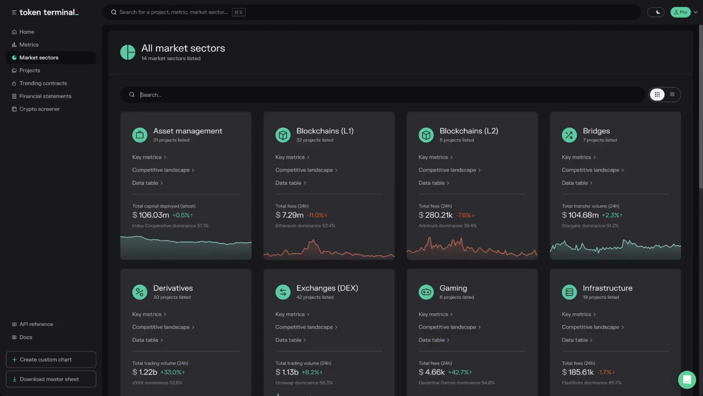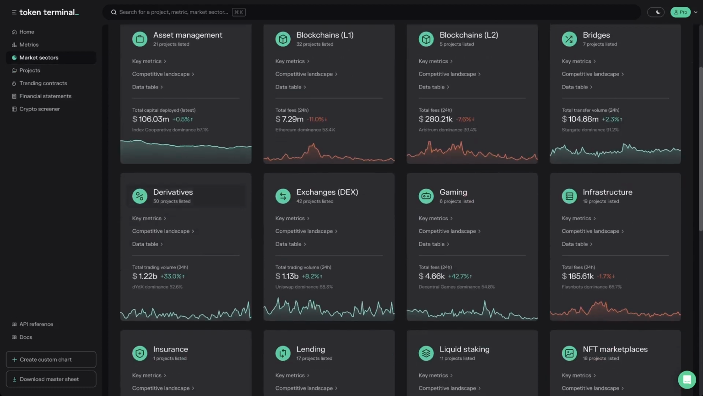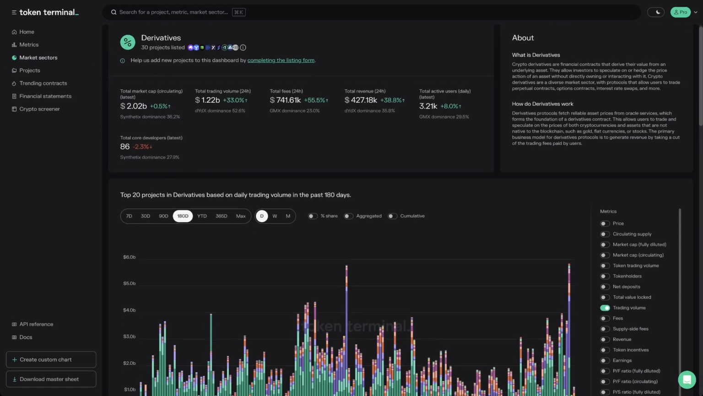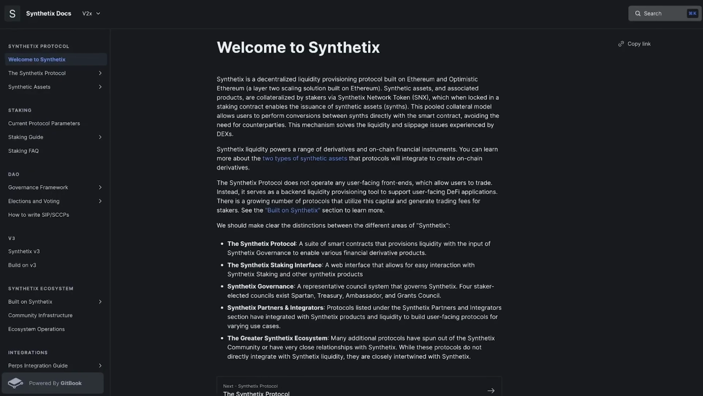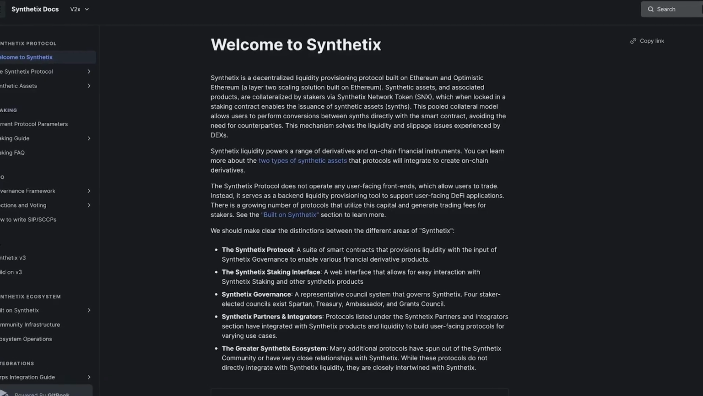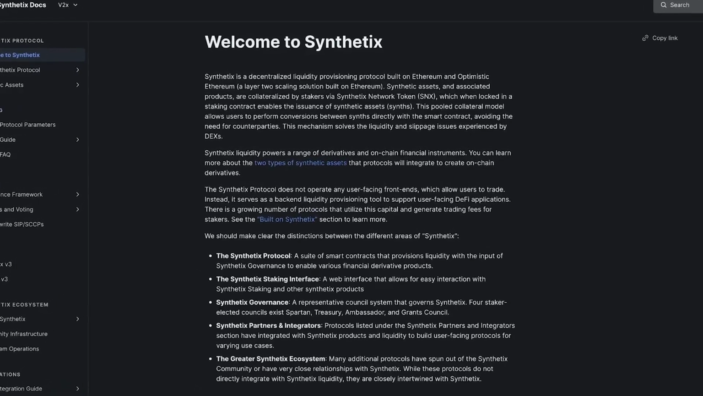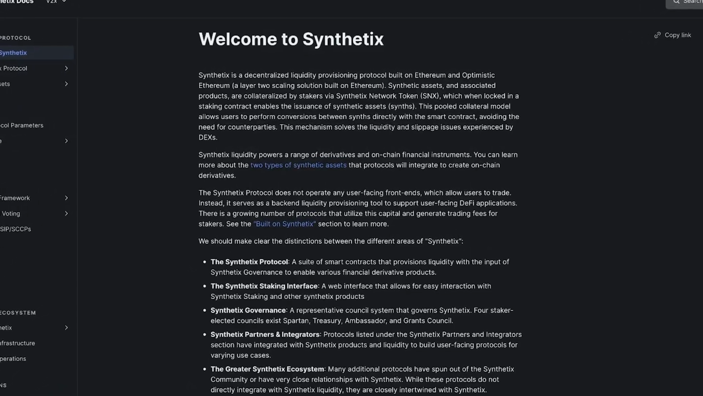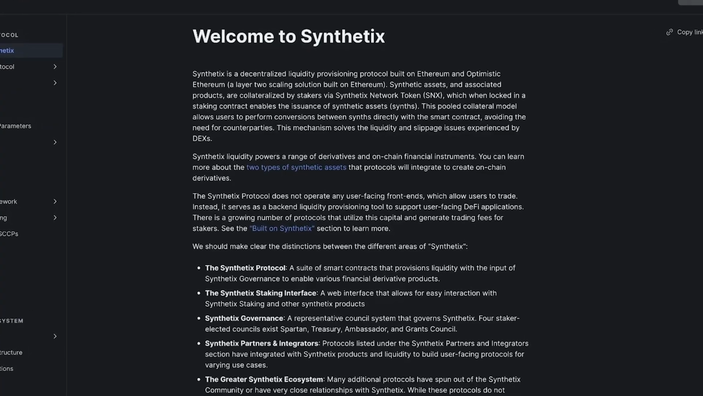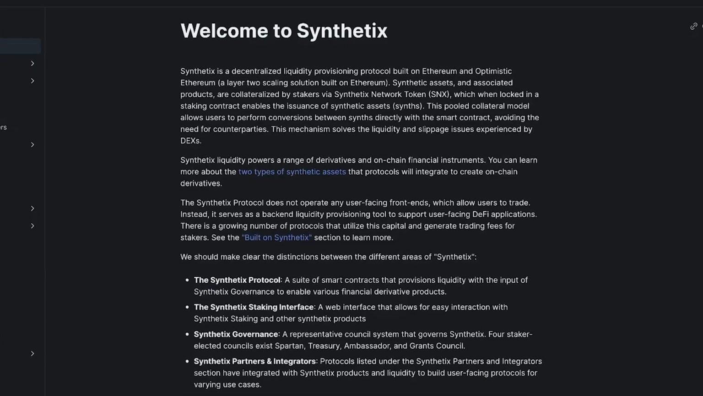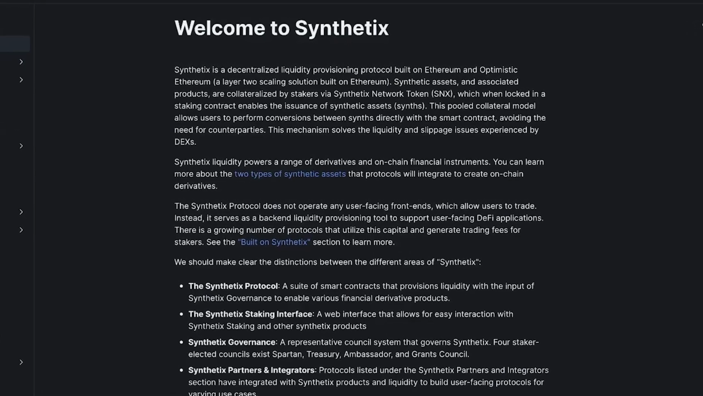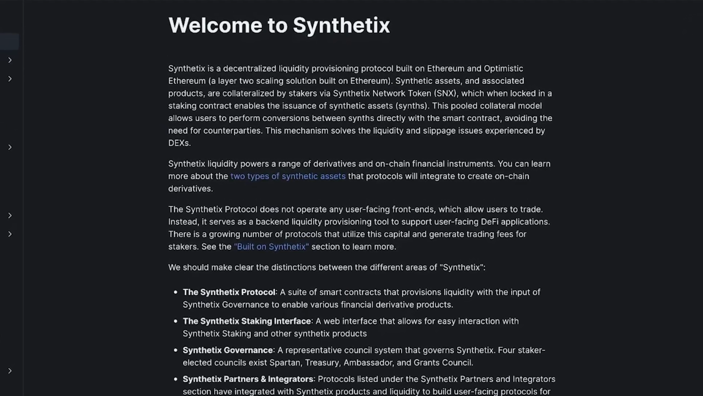On-chain derivatives exchanges bring tokenized representations of all asset classes within the reach of anyone with an internet connection. Synthetix is built on Ethereum and OP Mainnet. How it works is that synthetic assets and associated products are collateralized by stakers via the SNX token, which when locked in a staking contract enables the issuance of synthetic assets called synths. The pooled collateral model allows users to perform conversions between synths directly with the smart contract, avoiding the need for